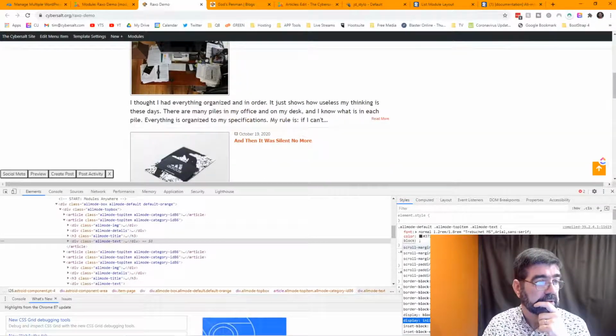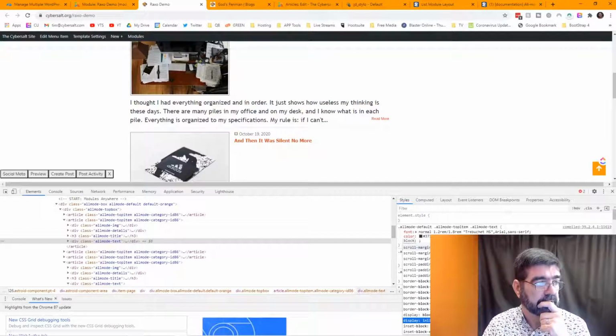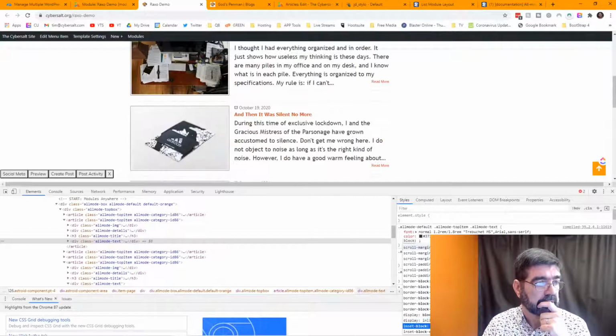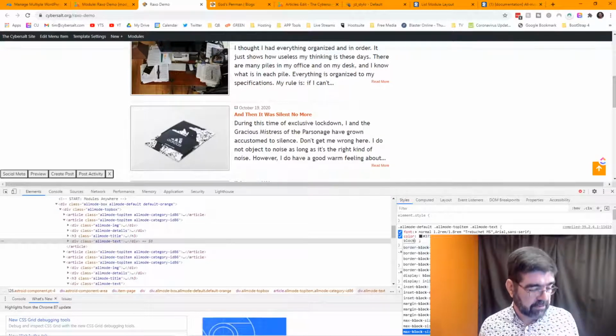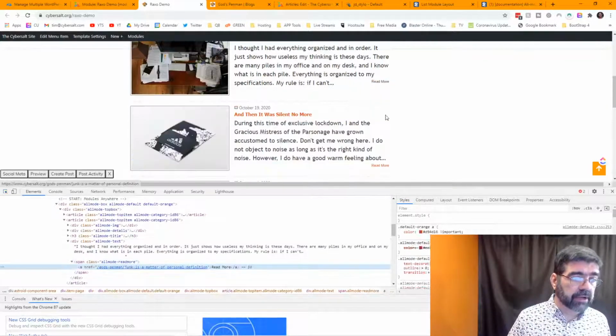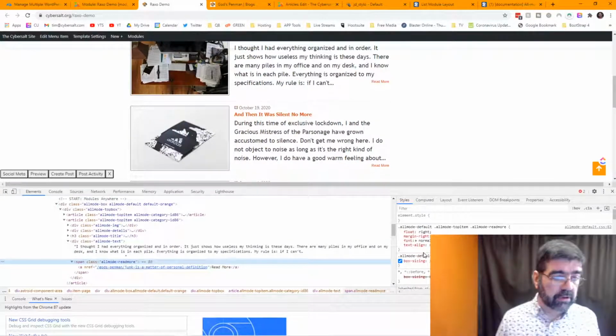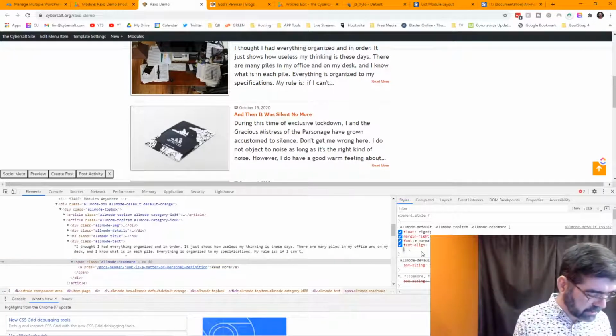Oh, no, inline block. Oh, that might work for the read more though. All right, let's escape out of that. Let's go block, all mode, read more, block,